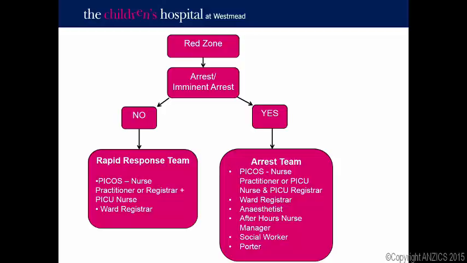And obviously then, being a big centre, when we have what people call their code blues, we have a much bigger team. So we've gone from the outreach team, where we send a nurse practitioner and our medical person from the ICU, to a ward registrar, the anaesthetist, the after hours nurse manager, the social worker, the porter. We get that big team. But if we activated that team 2,000 times a year, the system would just fall over and it'd be unsustainable. So again, really thinking about what's required, where you work, what does that look like.